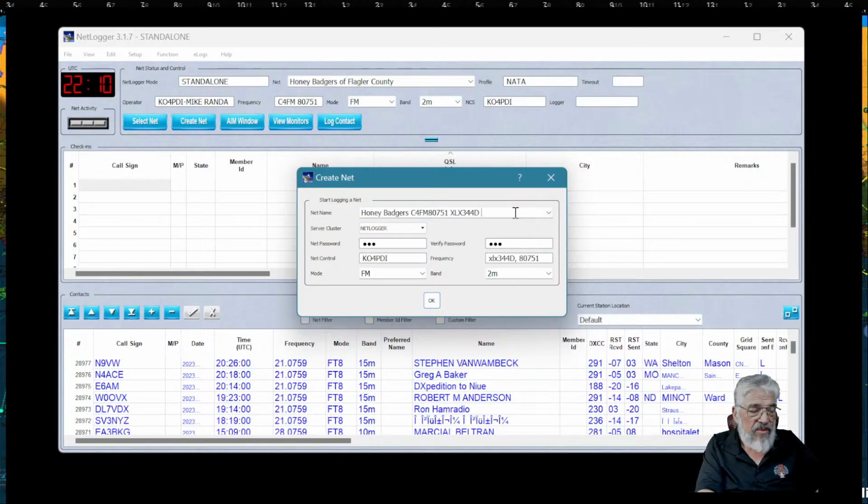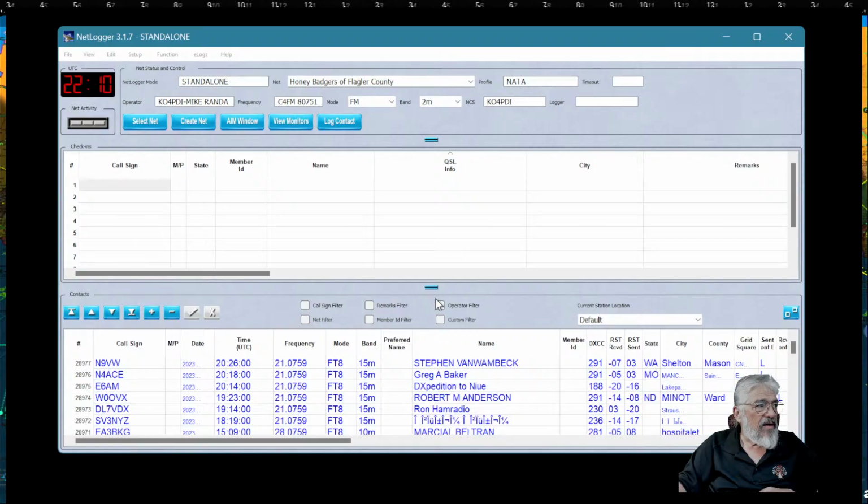That gives them notice. Then put a space. Don't put anything else. Now, I think this comma here has to go. Let's see. Okay. Yeah. Now it worked.